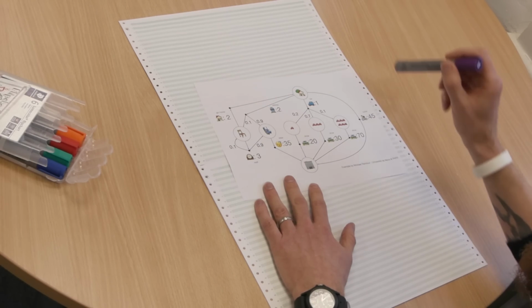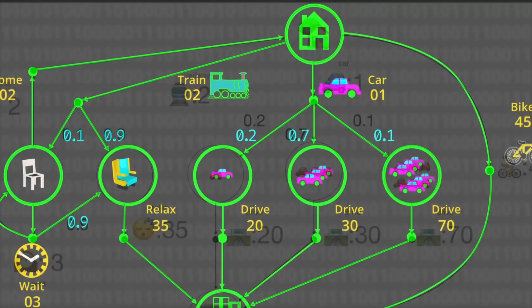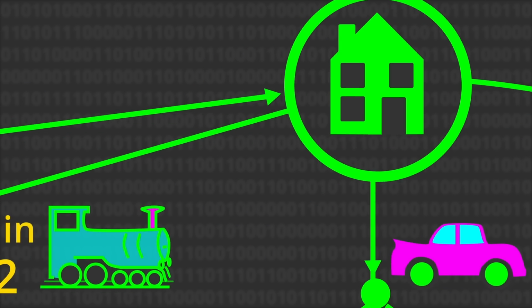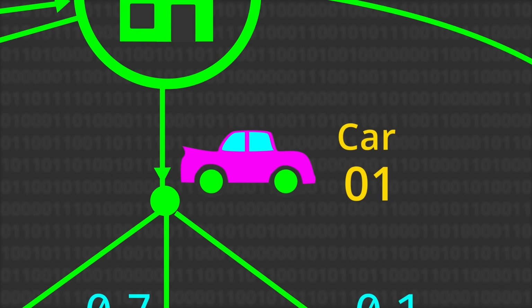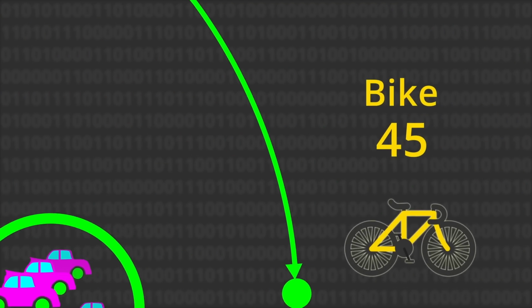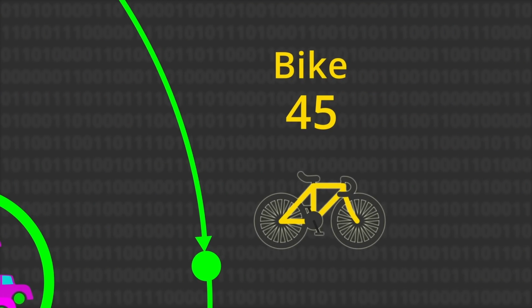So you start at home. Your goal is to get to work. And you've got effectively 3 action choices. You can choose to take the train, you can choose to take a car, or you can choose to go on your bike. And this is a way now we can start to think about the more formal way of